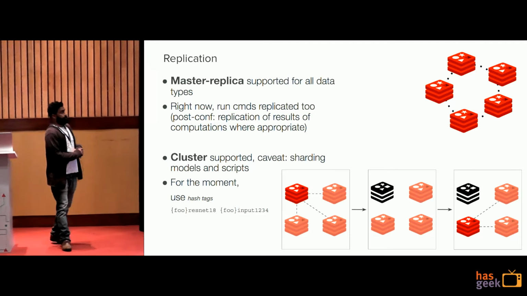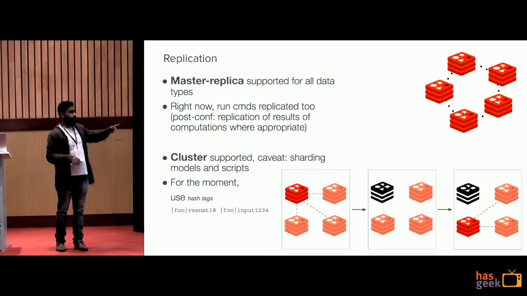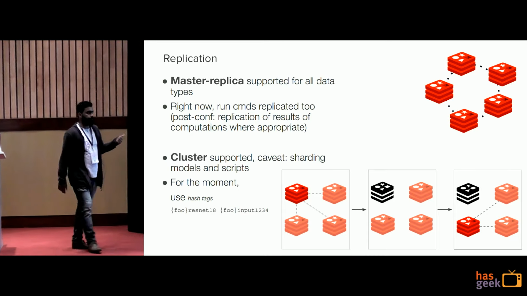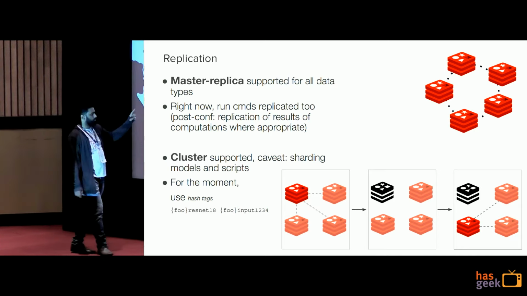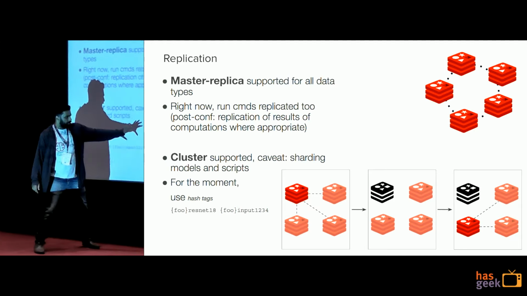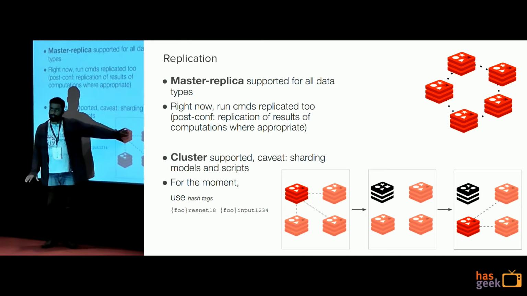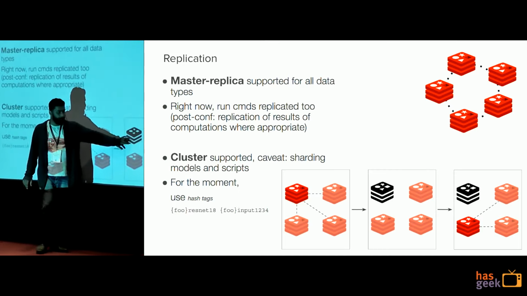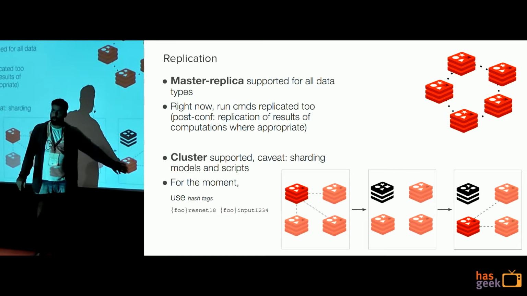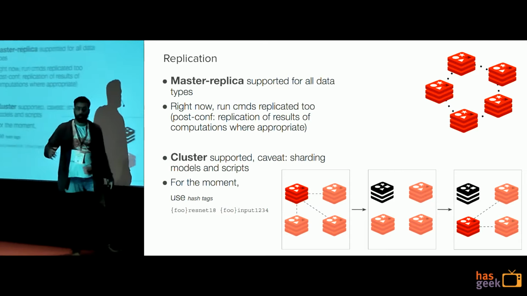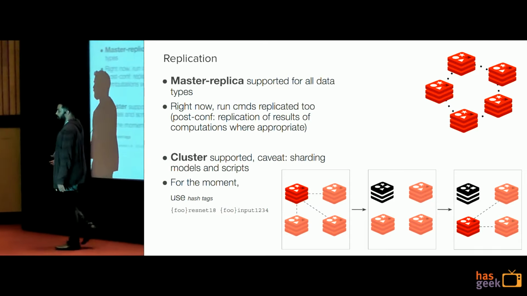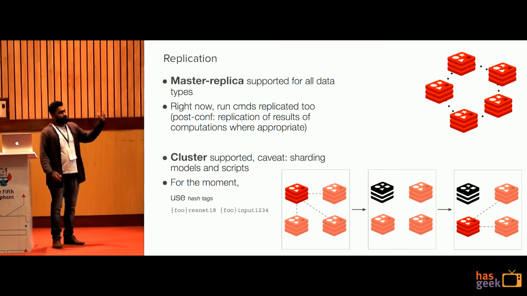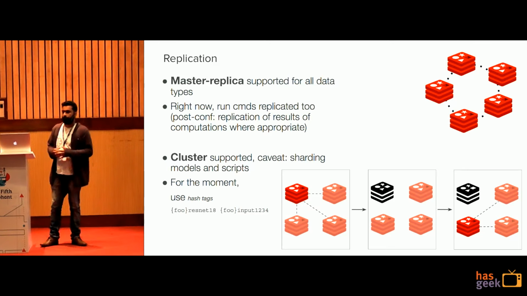So replication is possible with 2 mechanisms. One is master replica, which is also called sentinel, and the other is cluster. So this is the sentinel image. This is a typical setup. Let's say you have a master node and 3 slave nodes. Let's say your master node goes down. Redis automatically elects another slave as your master and then continues operation without you worrying about bringing your master back. That's master replica. With cluster, you can shard your data.